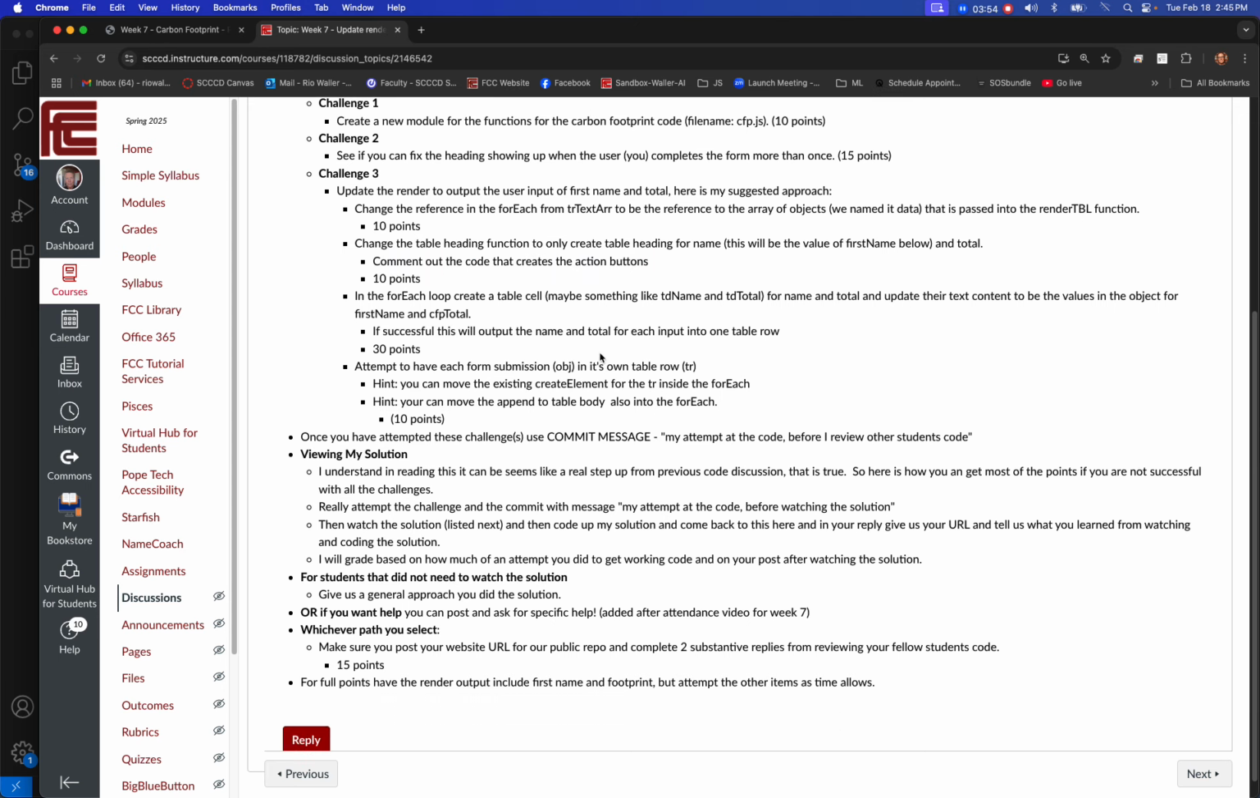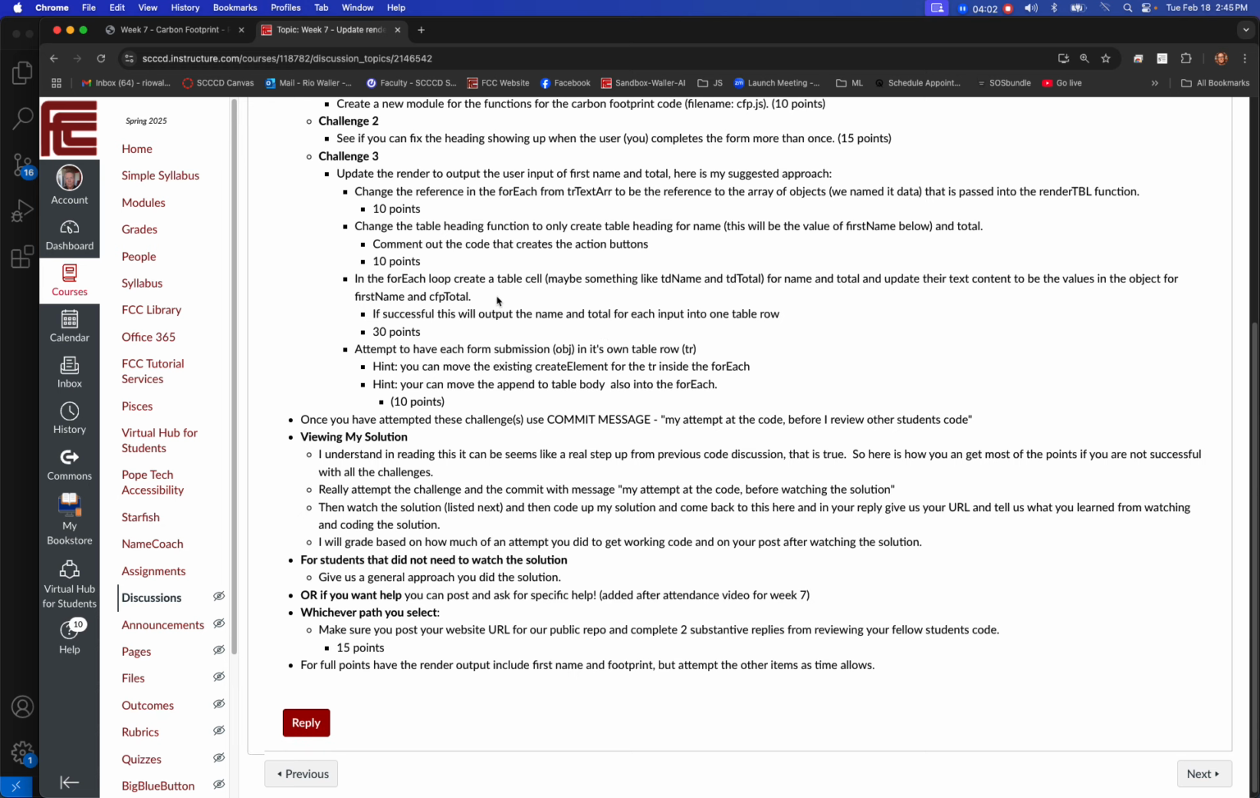Now, once you do that, you still may have something that it's not going to be completely working in any sense. It may look broken. But now think about in the for each loop, right? As it creates a table cell. So what are these? These are TDs, right? So we only had created one before. So now I want you to create one for name and one for total. And this would reference, in this case, first name, right? That's what I said here, and CFP total as from the object, because you have access to the object on the for each. Okay, so then if successful, this will output,